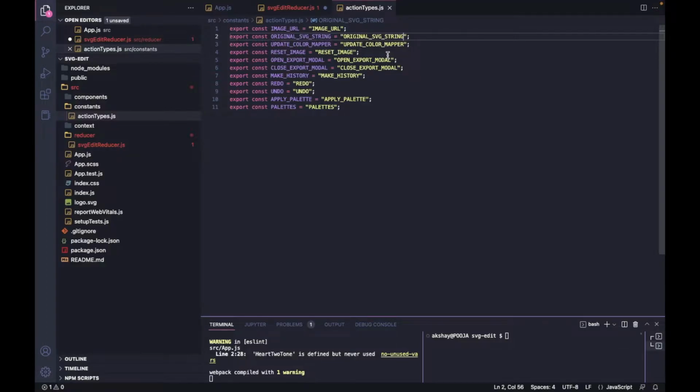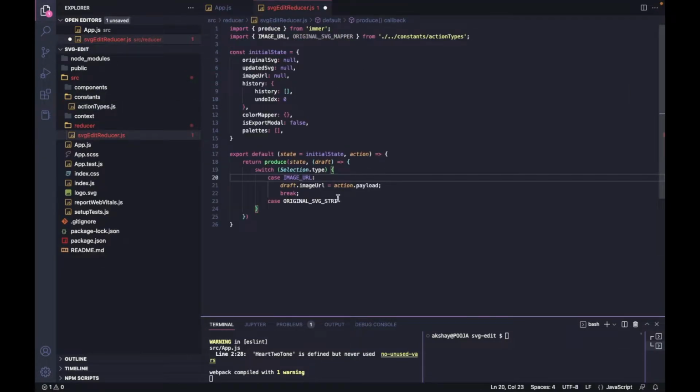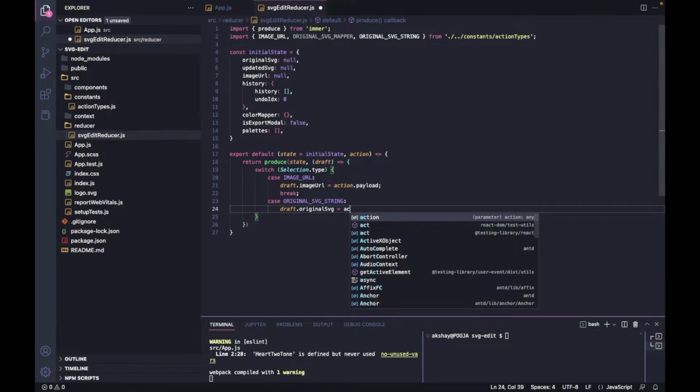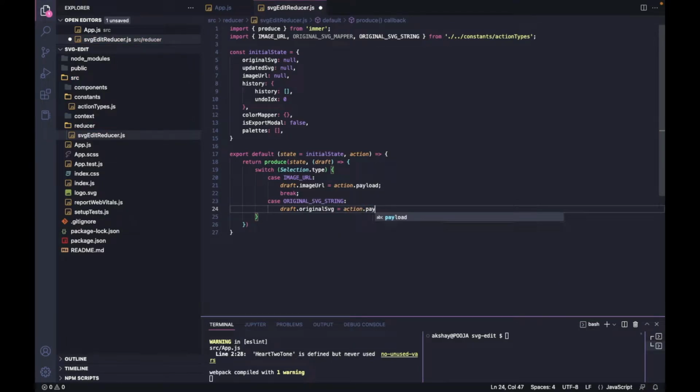Okay, sorry, my bad, this is original SVG string. In this case we'll write draft.originalSvg equals to action.payload, draft.colorMapper equals to